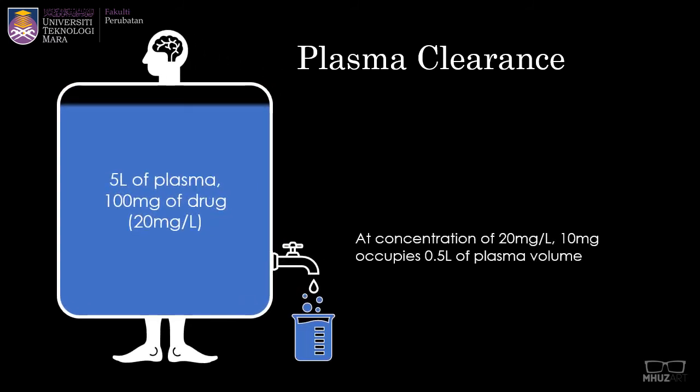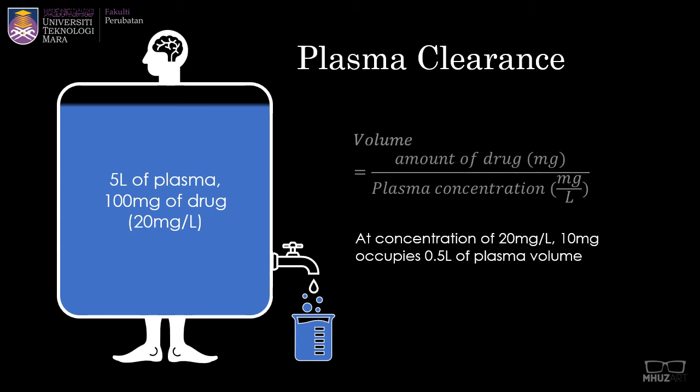So at the drug concentration of 20 milligrams per liter, 10 milligrams is actually contained within 0.5 liter of plasma volume, 500 mils. Okay, so if you use this formula, we can determine that